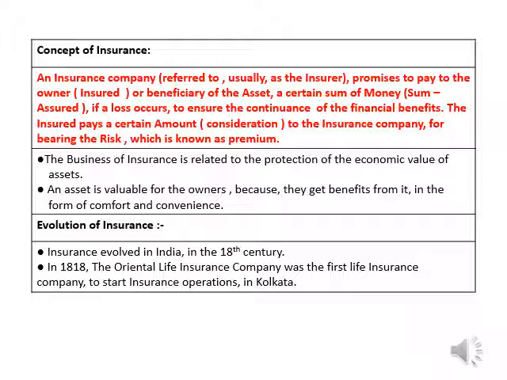Now take a situation, you have a car. Of course, for car, certain things are mandatory because of third party liability. If you are killing someone, if your vehicle is meeting with an accident and it is a third party liability, certain risks are mandatory and compulsory. But try to imagine your car is damaged because of an accident, because of an unexpected event. You know, accident is an unexpected event.